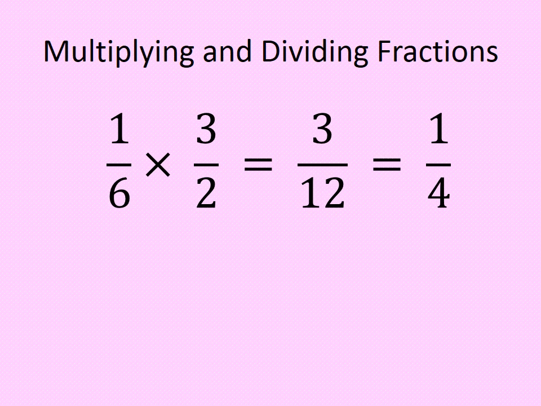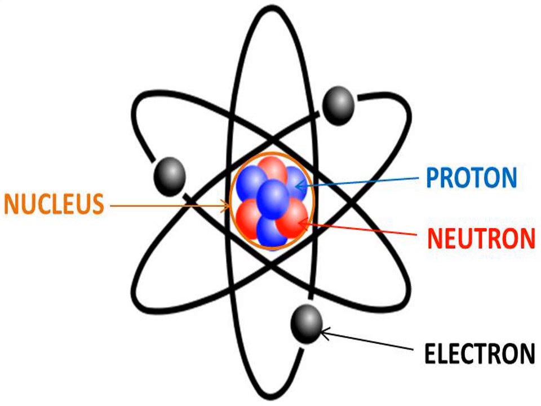So I have 1/6 divided by 2/3 became 1/6 times 3/2. And I just multiplied like I did before, and I get 3/12. Then I simplify that, and I get 1/4. So go ahead and make sure that you pause there and summarize the procedures for both of those things. And then we'll move on to the last part of the video about some basic atomic theory and what the